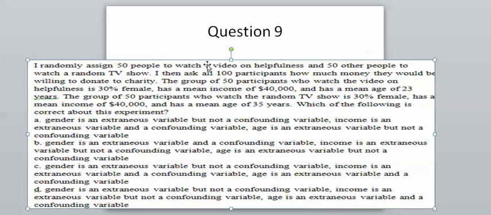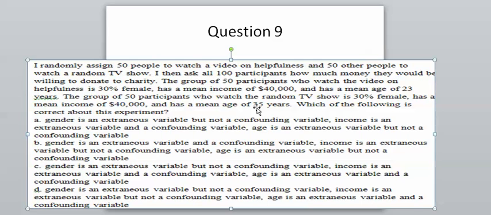If 50 people watch a video on helpfulness, and 50 people watch a random TV show, and it's that same experiment, and I ask everyone how much they would donate to charity, if the group of 50 people who watch the helpfulness video is 30% female, mean income of 40,000, mean age of 23, and the other group of 50 people who watch the random TV show is 30% female, has a mean income of this amount and a mean age of this amount,